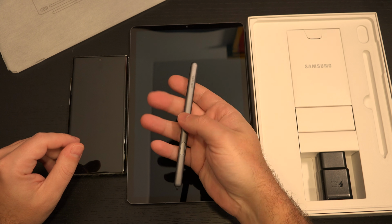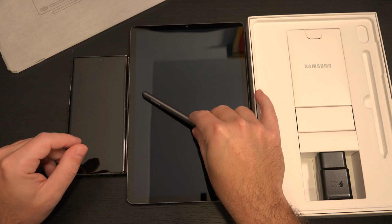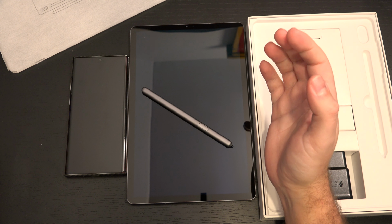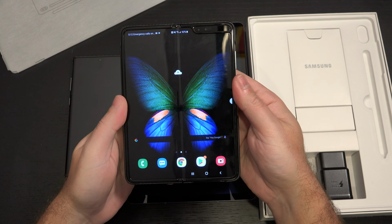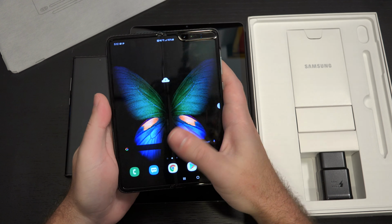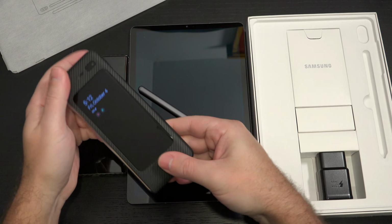We have quick charging. The S Pen, I feel like, has taken a step backwards, but it's still an S Pen. Something that, with the Fold, you are foregoing for the foldable screen, which I think is a worthwhile trade-off without hesitation. But that's a matter of personal preference, right? So,